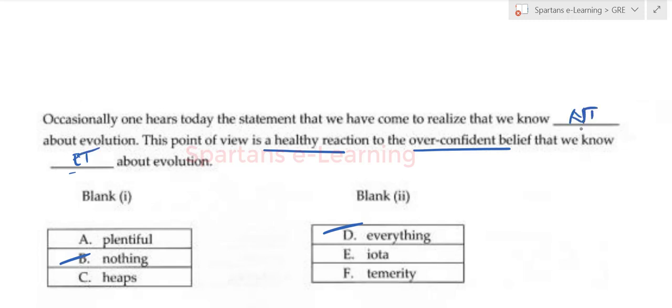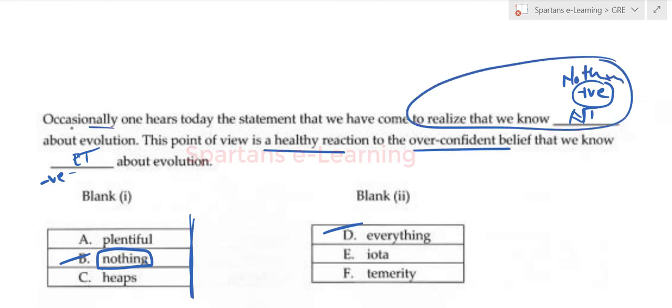So what I suggest in this question is, don't go just by the signs. You know that this must be a positive term and this must be a negative term, right? Some people, looking at this positive term directly, will start looking for a positive word here. But if you take nothing, which is actually a negative word, and plug it in here, it makes this particular clause a positive thing, right? So you have to take the positive thing here.